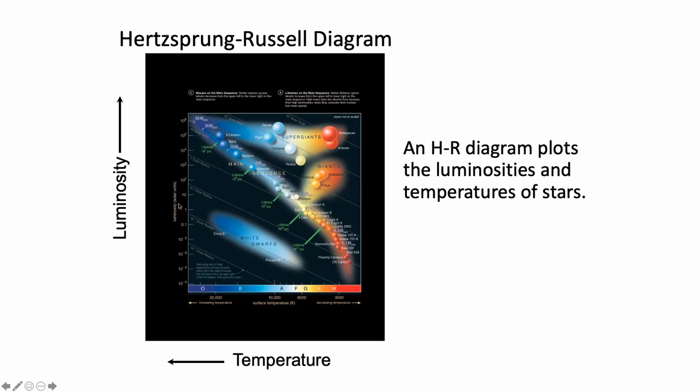And on the y-axis, we have luminosity measured in solar units. So basically, how does the luminosity of these different stars compare to the luminosity of our sun? Our sun should be directly in line with a luminosity of 1, being that we're measuring this in terms of solar units. So our sun would have a luminosity of 1 solar unit.